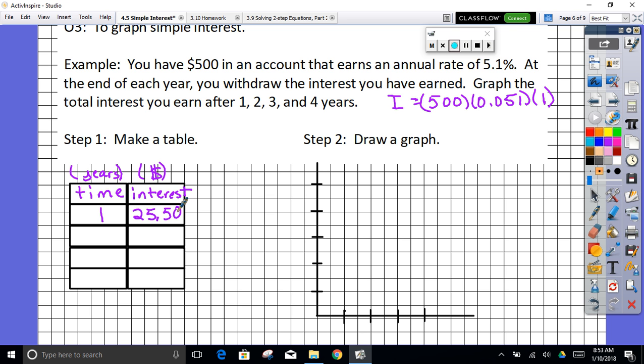So you have the same equation for year 2, only the time is different. So for year 2, how much interest would you have earned? Violet? $51. $51. That would be the total interest. Now, the only thing that's going to change is our year. So essentially what we have up here is I equals some constant number. What is 500 times 0.051? It's 25.50, right? Mm-hmm. So we actually have 25.50